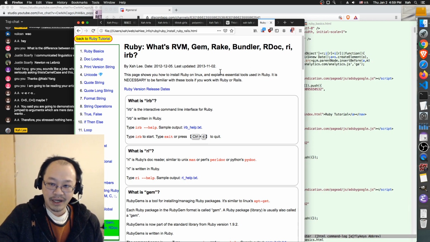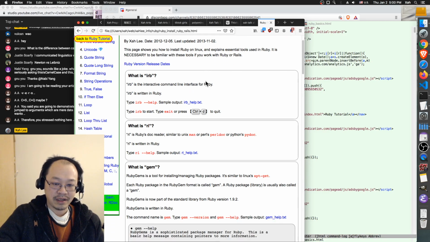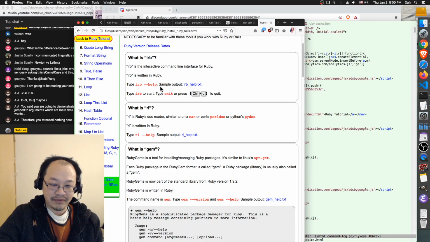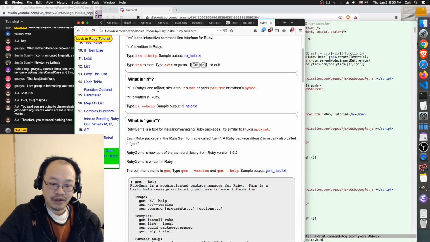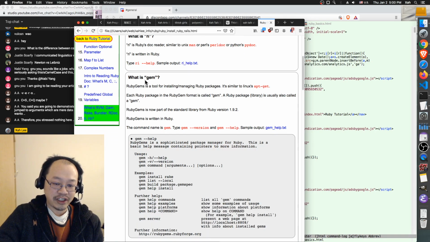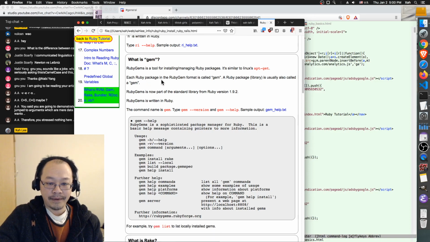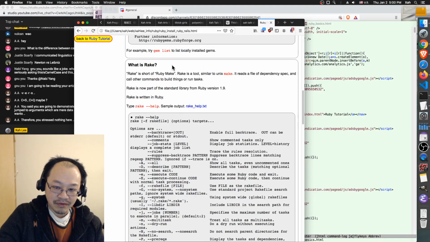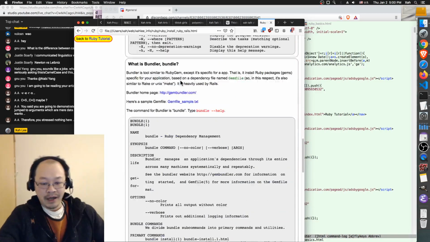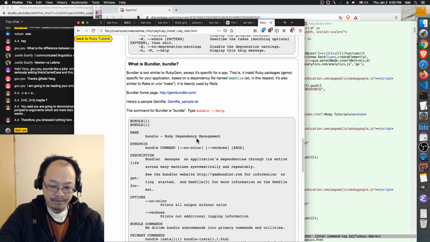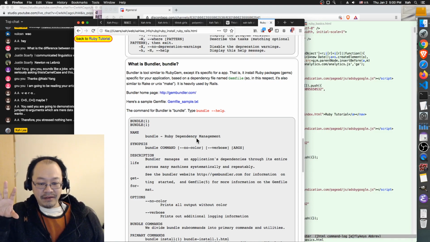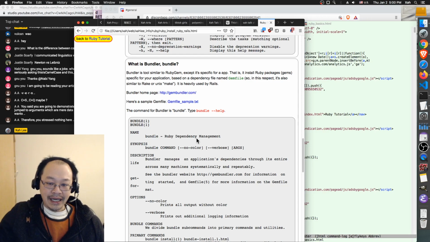Okay, so if you are a Ruby community programmer, Ruby has a bunch of tools. IRB is interactive Ruby. So you have RI, which is the Ruby doc reader. Okay, it's like a man page. Then you have Ruby gem. Gem is the package manager for Ruby. Then you have rake. Rake is similar to make. Okay, Ruby's version of make. So you have a bunch of these Ruby command line tools, and usually they are written in Ruby, and